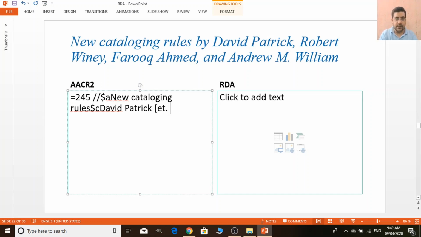Okay. Bracket, or after the third author we can write this option. There you actually have the option to write till the third author, and then you can put the ATL, or you can do this like this in AACR. But in RDA,